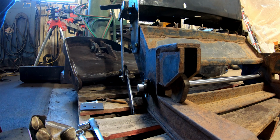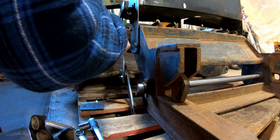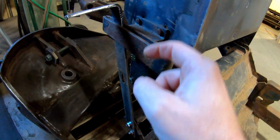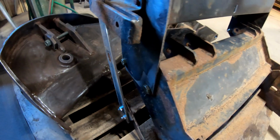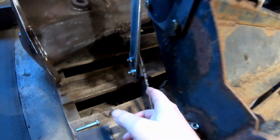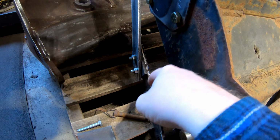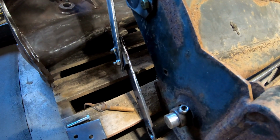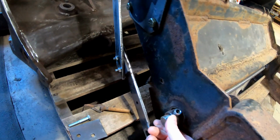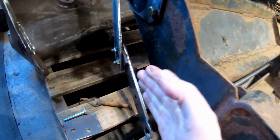I don't know exactly how I'm gonna fix this yet. I was thinking maybe if I give it a little bend over here, move that over a little bit. But then, if I bend that there, there's no way I'm gonna be slipping it through here. And that's gotta slip through this thing. In other words, I'm just trying to put a bend in this thing. And I don't know where that's gonna go. Because, like I said, I want this straight off this piece, so it's a straight angle,